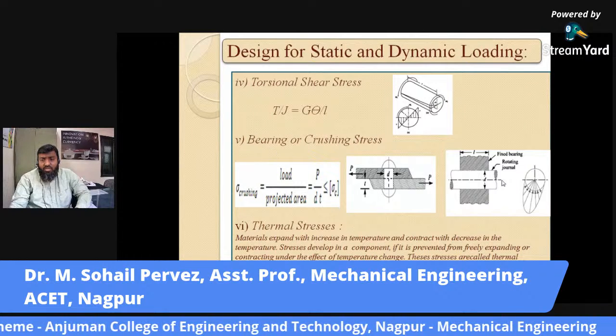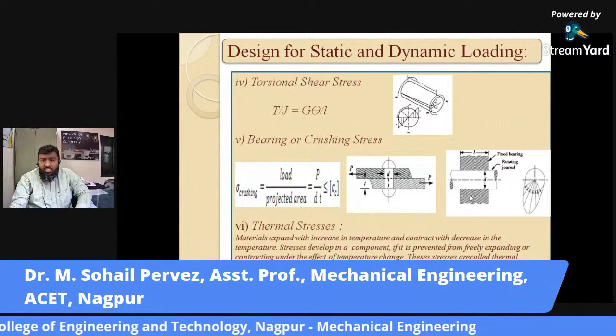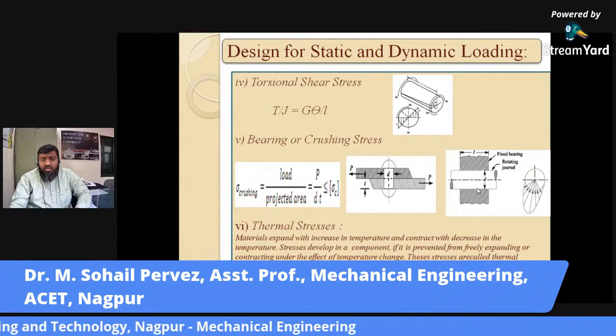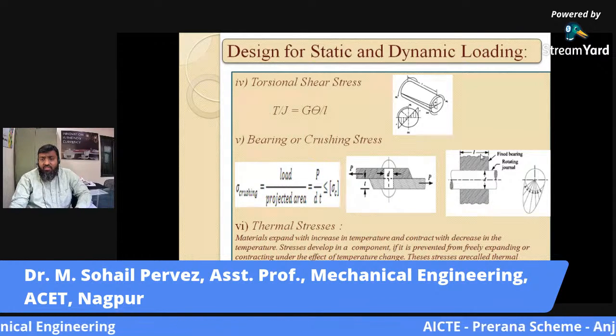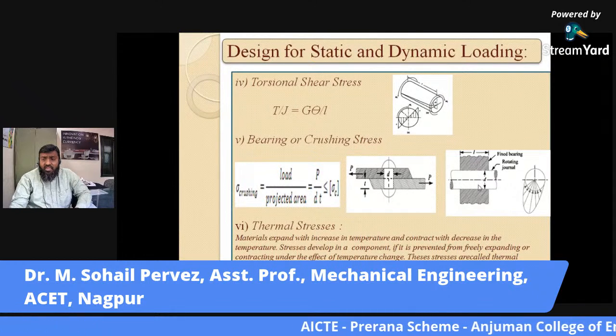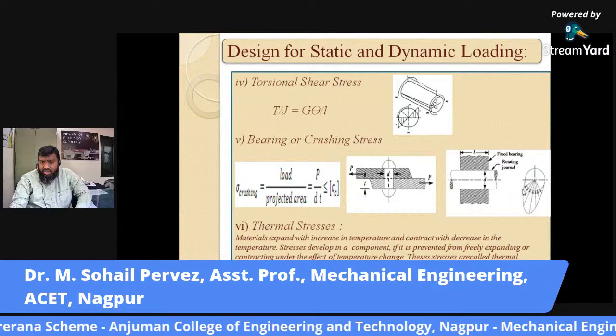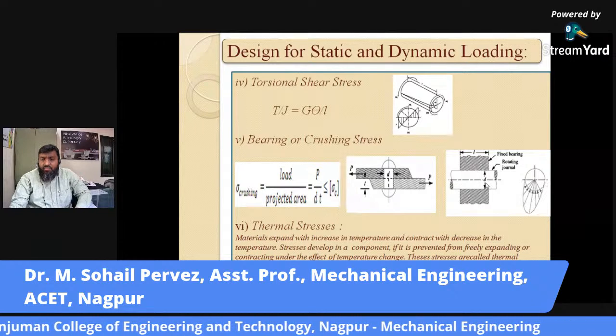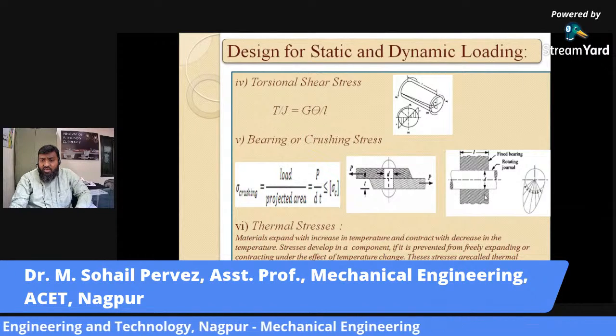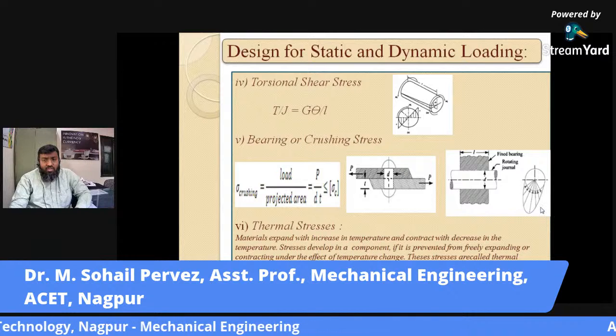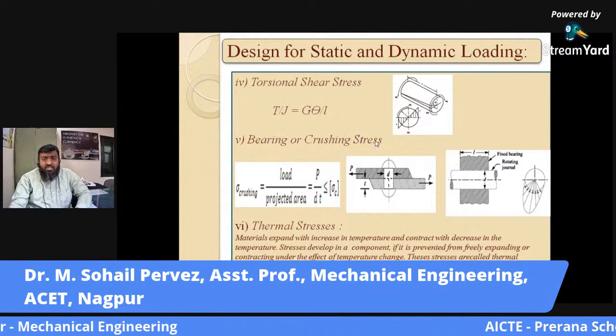We have taken the example for this, a journal. Journal means shaft, a rotating journal in the bearing, and the pressure distribution diagram of this shaft over the bearing surface is shown. So this is called bearing stress. Whereas